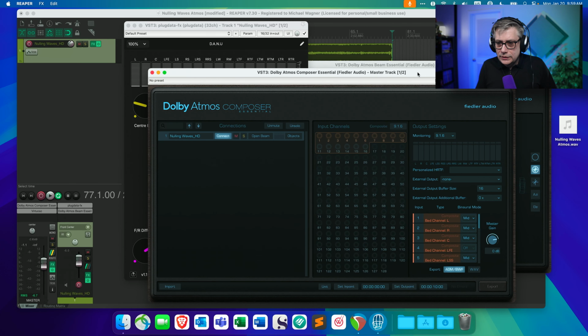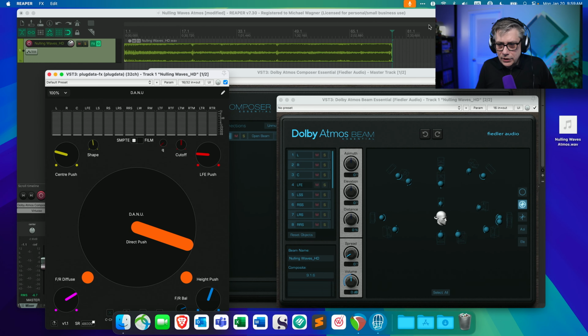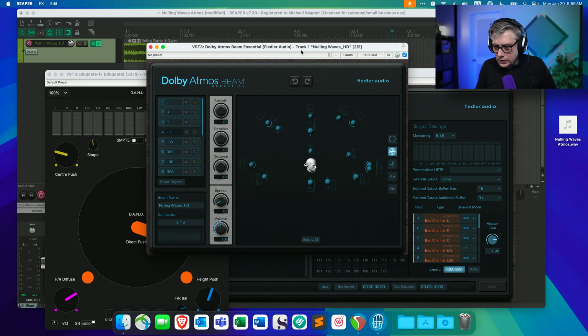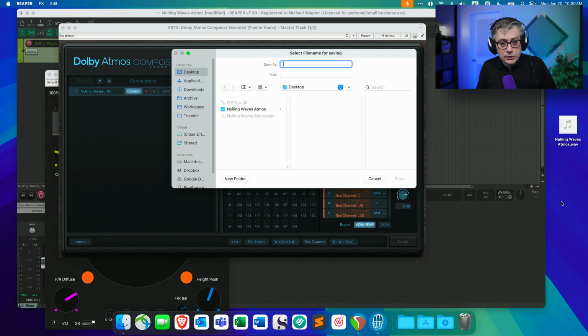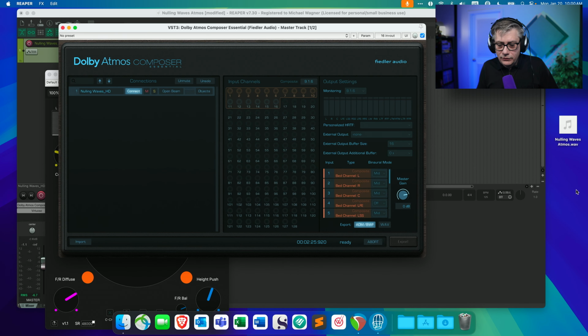And what I'm going to do for that is simply put the track head here at the end of the audio file. It's a little hidden here. So here at the end, I'm simply going to click on set out point, and that will set the out point. And then I simply push the export button. What that will do is open up a dialog and ask me where I want to store that Dolby Atmos master file. I'm going to store that on the desktop, and I'm going to call that test. So I'm simply going to press save. And now it's going to wait for Reaper to play the file.